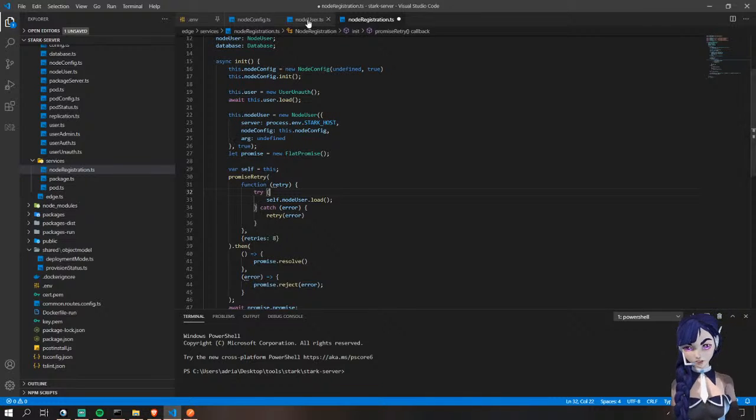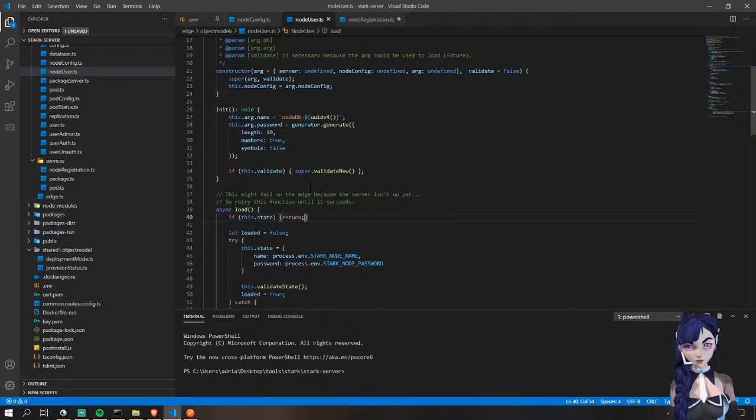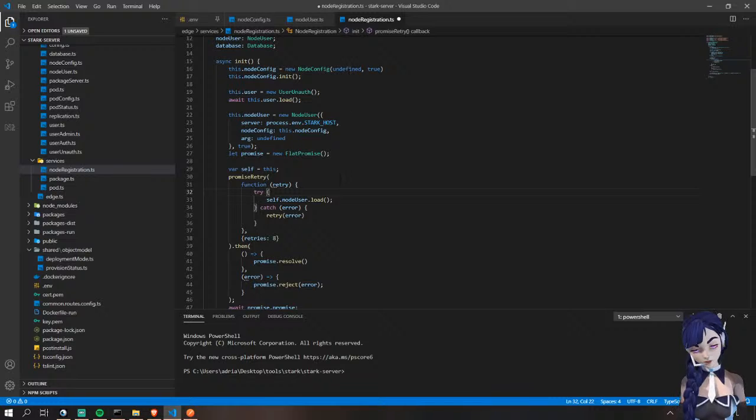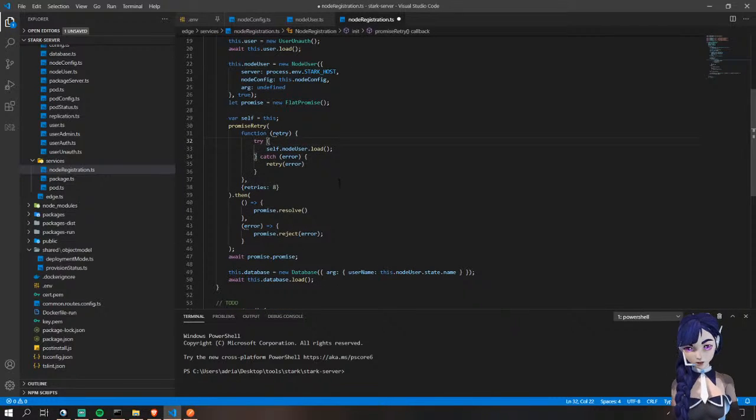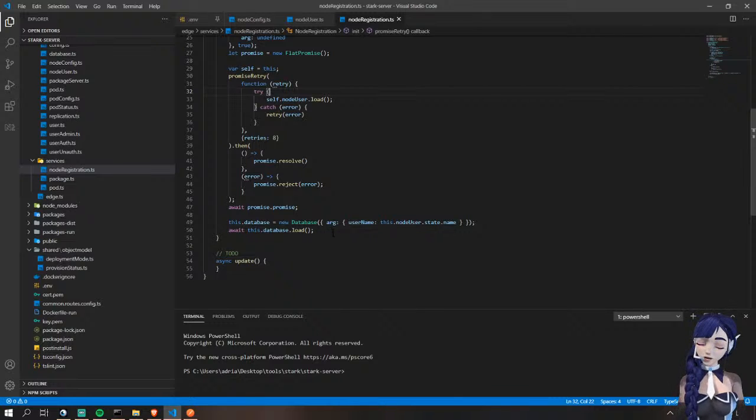And I check for validity. Okay. Right. Node registration. Okay. Start node config. Okay. So now that I have my node config passed in,